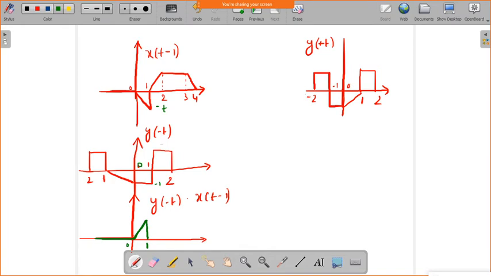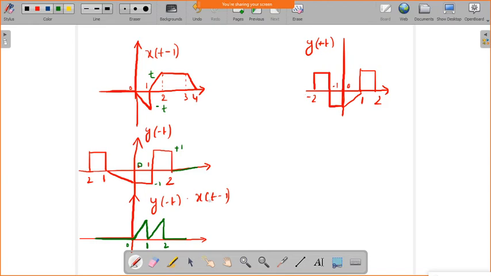So now from 1 to 2, you take the plus value 1, and here the positive value t, which is growing. So t into plus 1 again gives, from 1 to 2, a growing ramp. Okay. So from 2 onwards it will become 0 again, and if you multiply this signal with 0, it will give 0. Okay. So this is the answer for y of minus t into x of t minus 1.